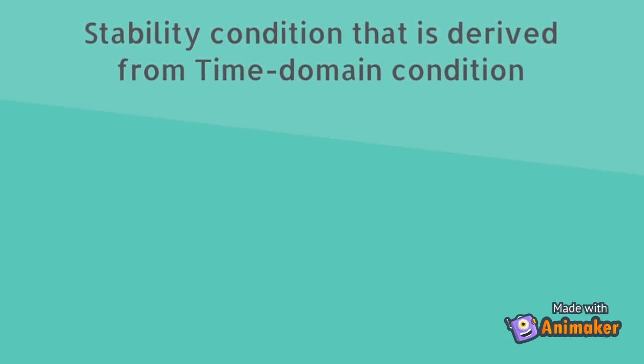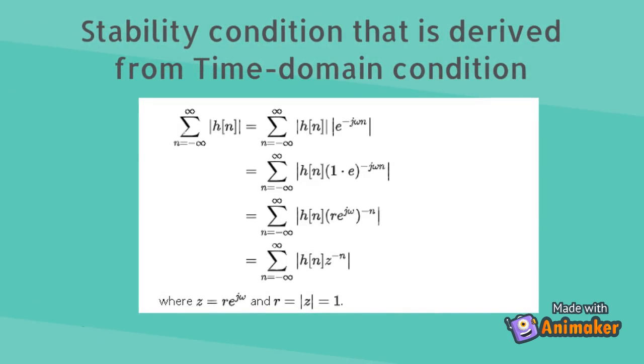In this slide, we see the mathematical stability condition that is derived from the time domain condition for a discrete time signal. Therefore, for a discrete time signal, we know that the stability condition is the summation of mod of h of n from minus infinity to plus infinity must be less than infinity. This can be written as the summation of mod of h of n into mod of e power of minus j omega n from minus infinity to plus infinity, and this can be written as the summation of mod of h of n into (r into e power of j omega) whole to the power of minus n from minus